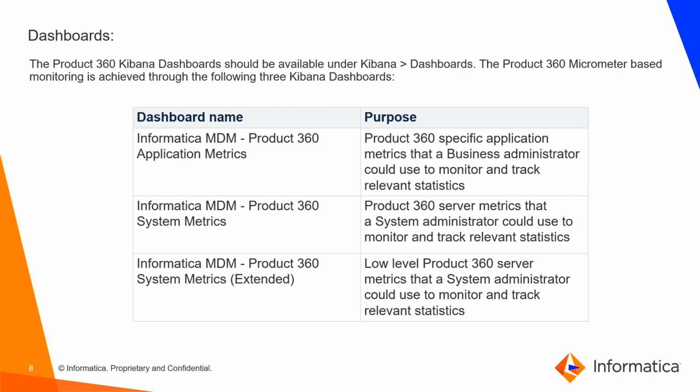The P360 Micrometer based monitoring is achieved through the following three Kibana dashboards: P360 application metrics, P360 system metrics, and P360 system metrics in advanced. P360 application metrics is used by the business administrator to monitor and track the relevant statistics, and P360 server metrics can be used by a system administrator to monitor and track the relevant statistics. The low level P360 server metrics that a system administrator could use is